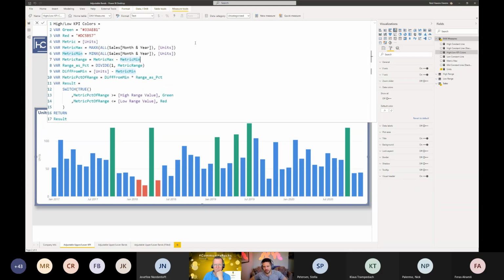Basically, I threw a couple of variables in here. I wanted to determine what's the max overall across any of these sections and what is the min. I'm using a MAXX function, basically creating a temp table, so to speak, that looks across every single one of these and determines what is my highest and what is my lowest. And then a couple of things to convert that into the